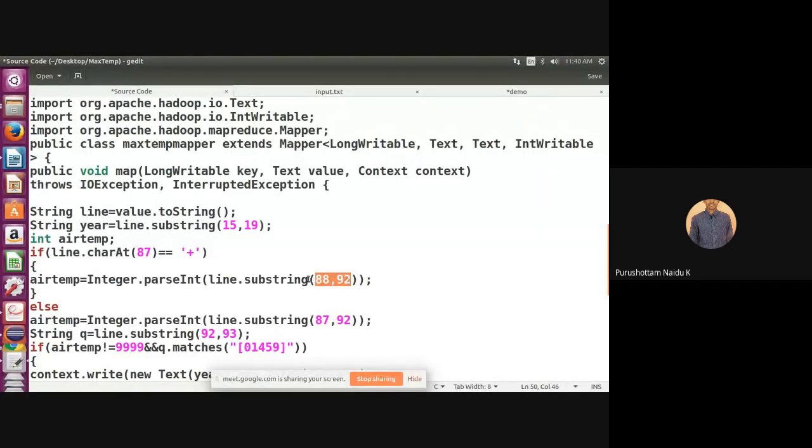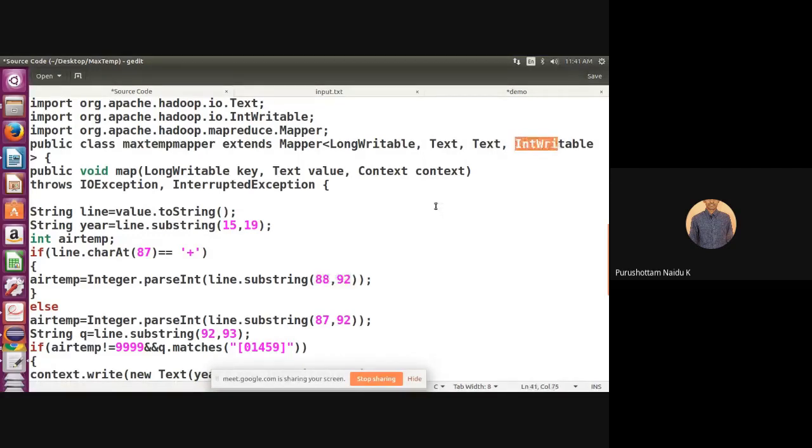What is the actual type of temperature? IntWritable. This is the mapper input, mapper output. The mapper output key is the year, that is Text. The value is the temperature, IntWritable.